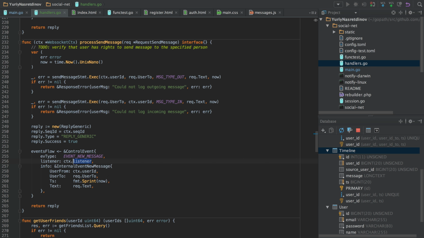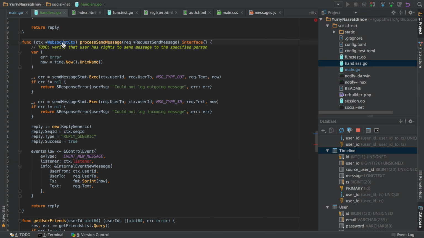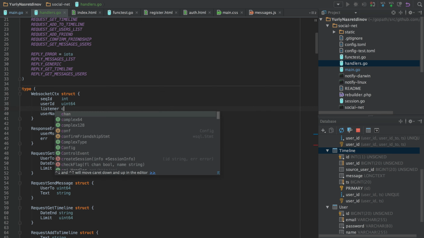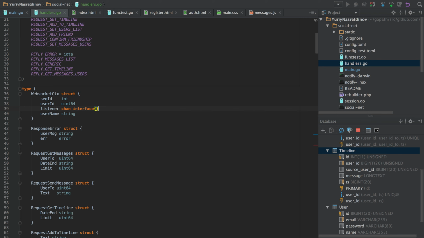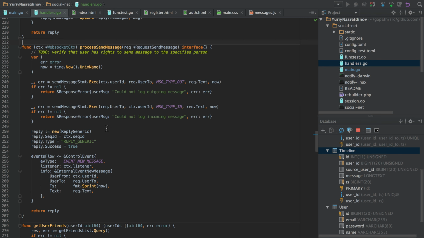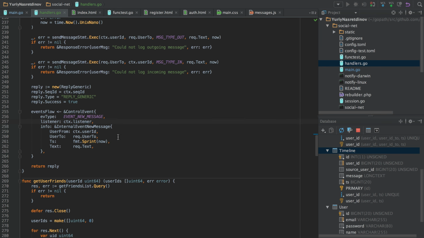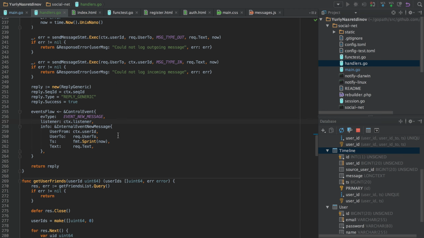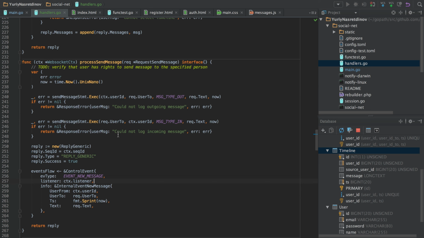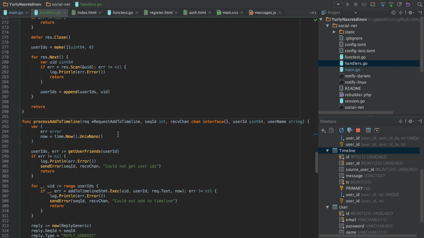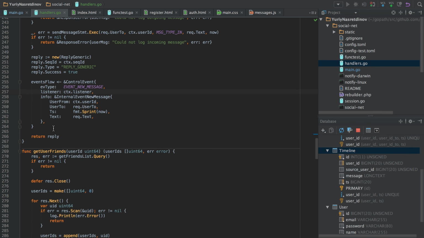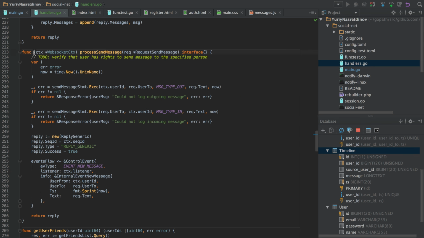And I really don't like the receive channel name, so we will use listener here as well. So it's just the events listener for, I forgot why it is needed, but it is how we determine the user.